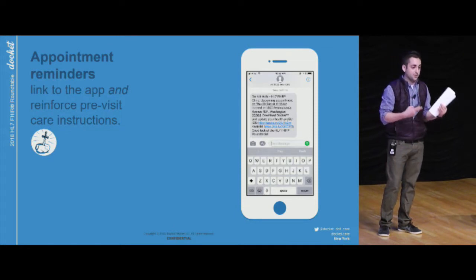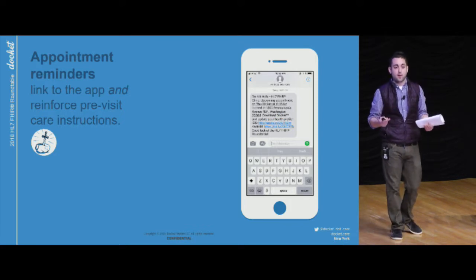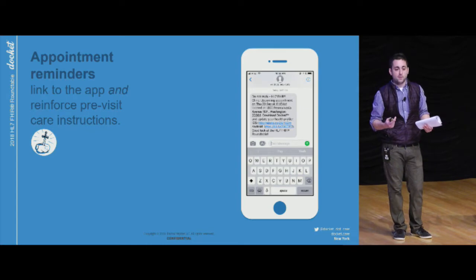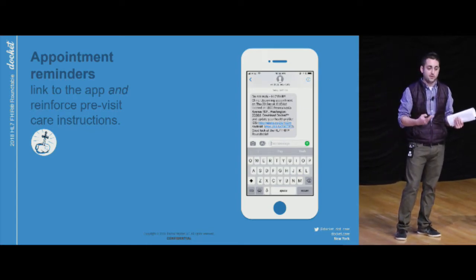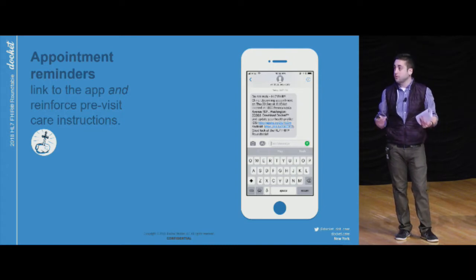Typically, a patient will schedule an appointment as they would normally, and our providers will generate appointment reminder text messages in bulk out of our web application. These are scheduled 3 days and 1 day prior to the visits. It's great for Docket because it's a great way to spread the message about our product and get patients onboarded right away. And it's a great win for our providers, who see fewer no-shows and are also able to reinforce pre-visit